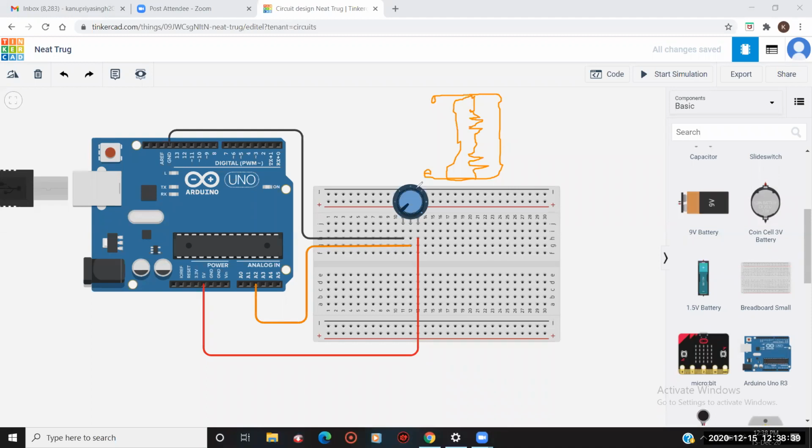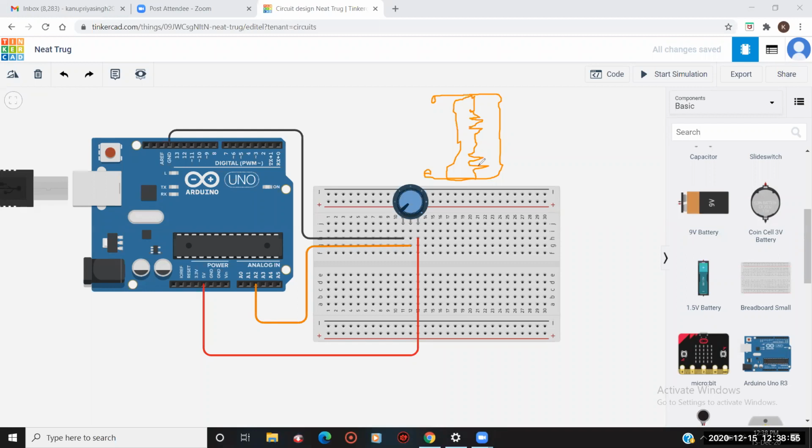So 1 kg is the value. Like that, resistors or potentiometers have values. So 10k ohm is the value of the potentiometer.